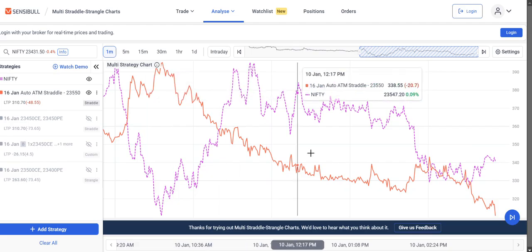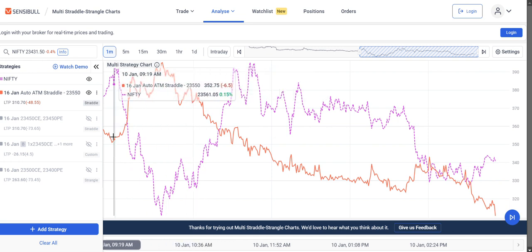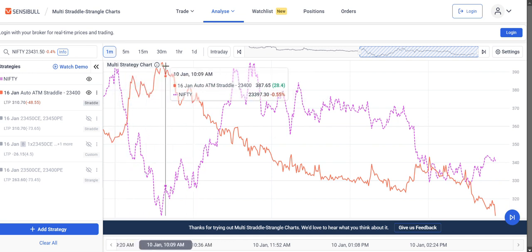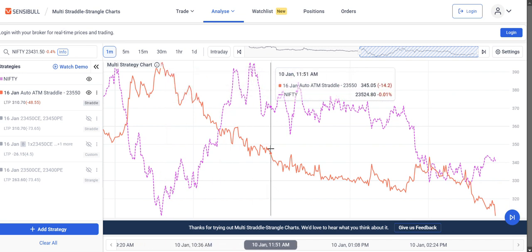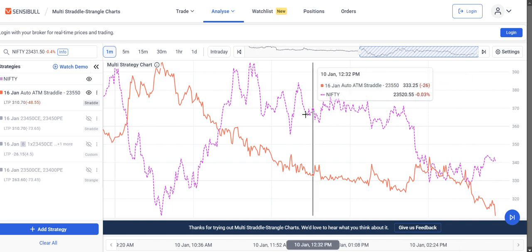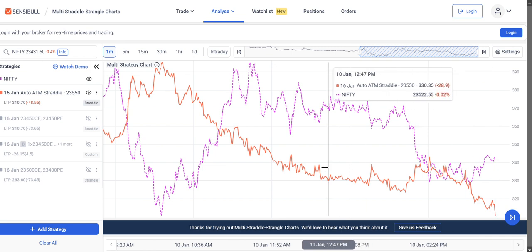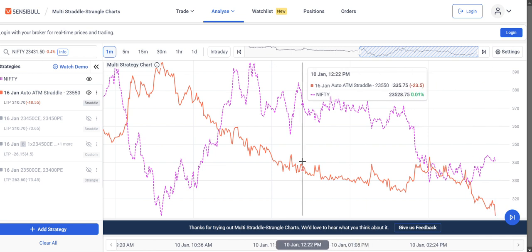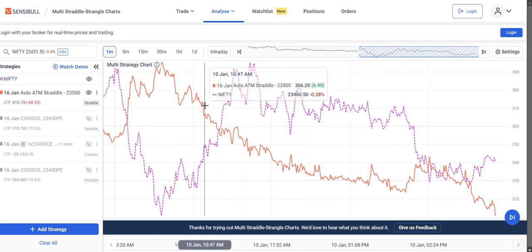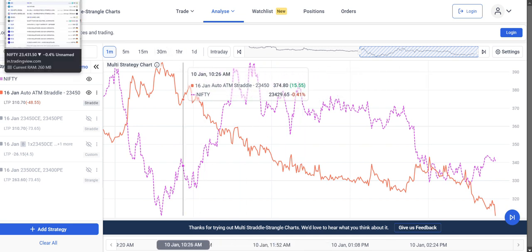If you look at the straddle premium, yesterday on Friday the straddle premium was continuously down. We started around 390, and now we have ended up around 300. So it is once again not indicating a very big move. Straddle premium is normal, and we will go into the next